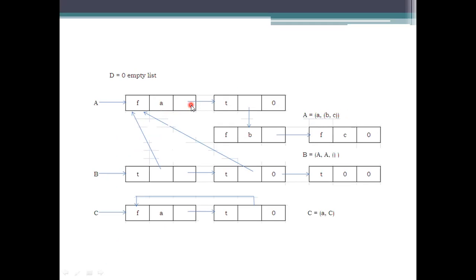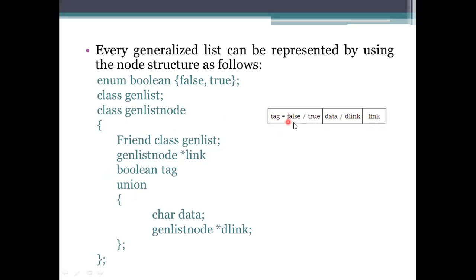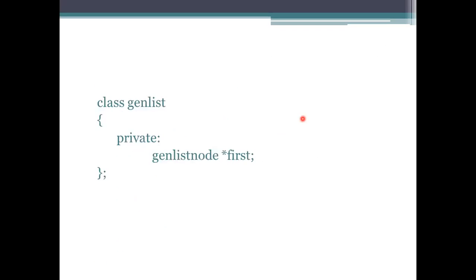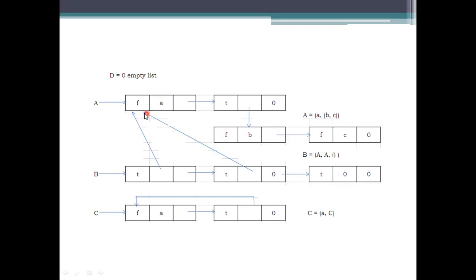If it is having a list, specify the list here, then the tag will be true, meaning if you are having a list you need to represent it as true. If not, represent it as false here. Okay. It is not a list, it is an atom, specified as false. Store this atom at this value, link to be given to the next atom, but the next atom is specified as a linear list. As it is a list, true. As it is a list, specify that thing. Okay.